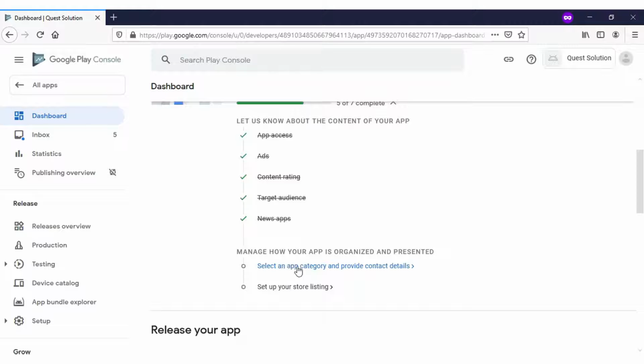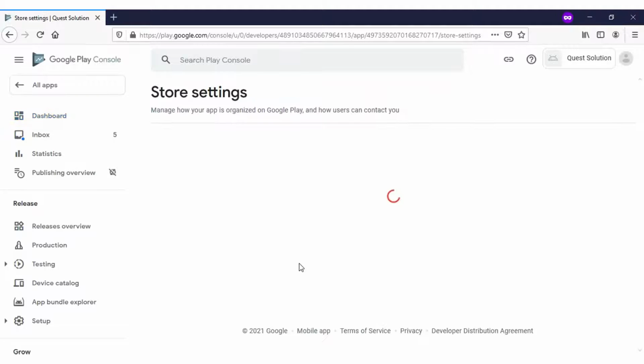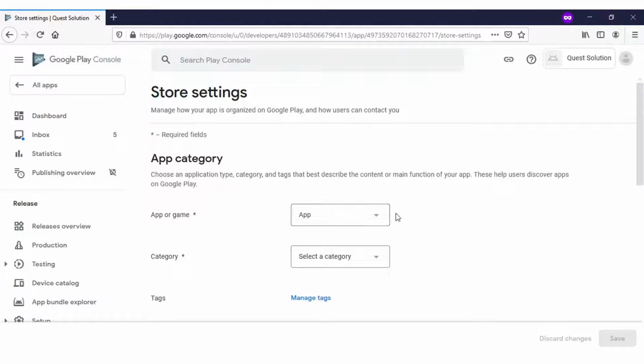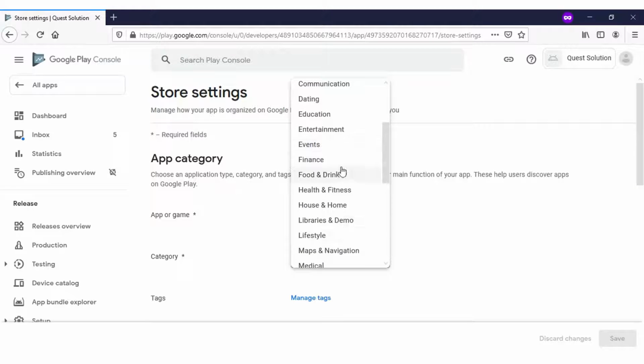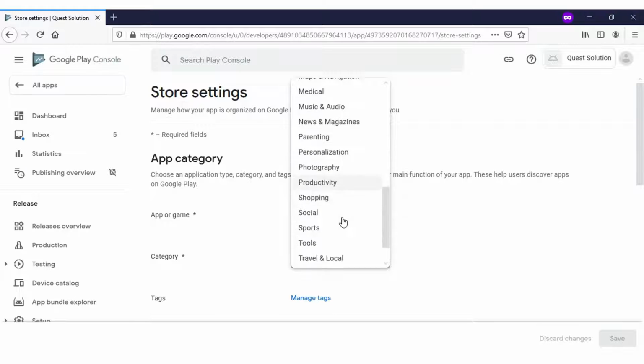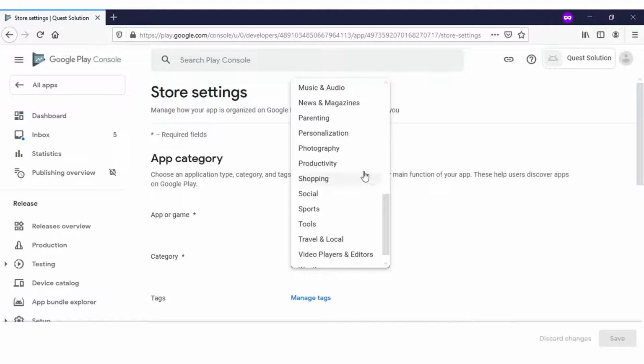What are the next? Select an app category and provide contact details. So I click on it. App category, is it an app or game? We already selected app. It is not a game. And category, here you can select art, design, auto, vehicle, beauty, comics, business, dating, educational, communication, events, or whichever category your app belongs to. You just need to select from here. So here I will select